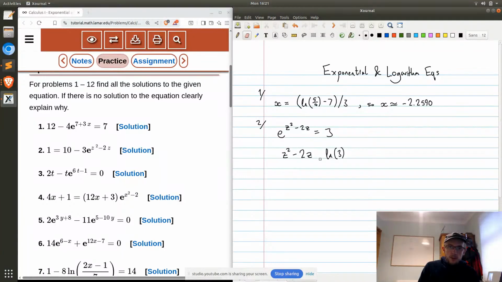And we'll just move that over. By the quadratic formula,